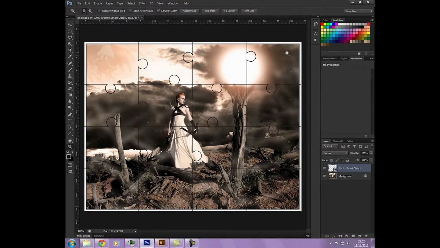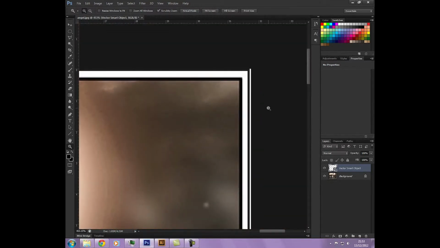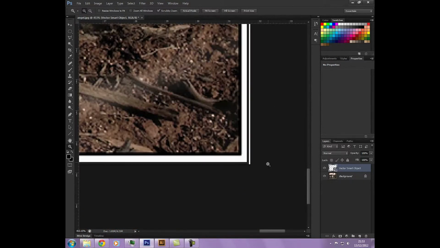Now one of the problems is, even though we made our documents the same, we've got this 1 pixel edge out here. You may find this is even worse on yours. It all depends on your image resolutions and everything. Usually you find it's a pixel out here and a pixel out at the bottom. But in this example, we're a pixel out on one side. You can just stretch it, it's fine. You can just select this layer and stretch it 1 pixel. But before we do that,